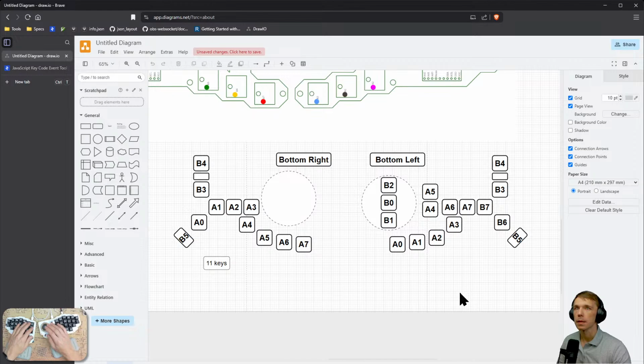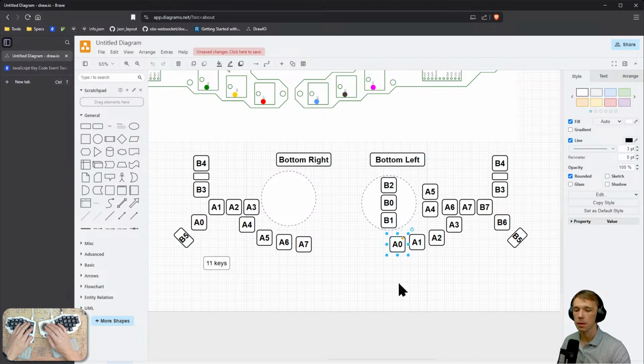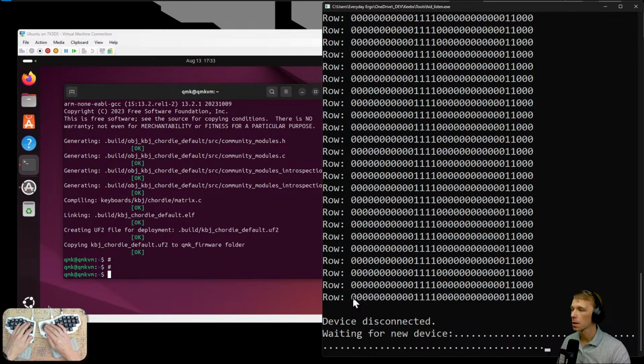Okay, so looking at this, what do we have? We start reading from the left. So the first key should be A0. So A0 should be over here. And then we have the whole bank A, and then we have bank B. Or maybe not, because